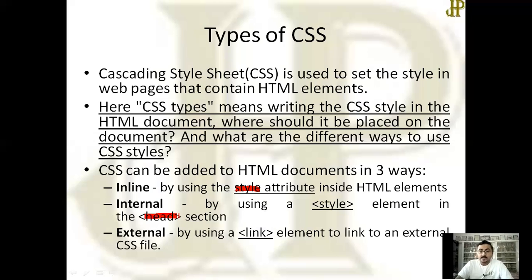So in the head section, under a style tag, we are inserting our design patterns. And in external, as the name suggests, there is a different file altogether that has an extension .css, which is incorporated in your HTML file, again in the head section, but with link tag.